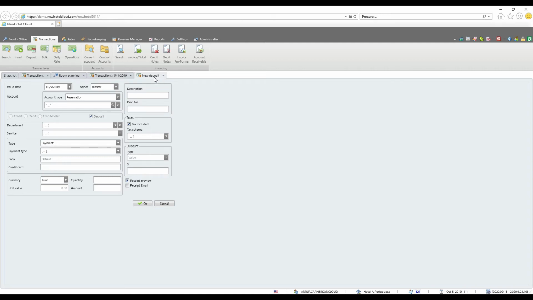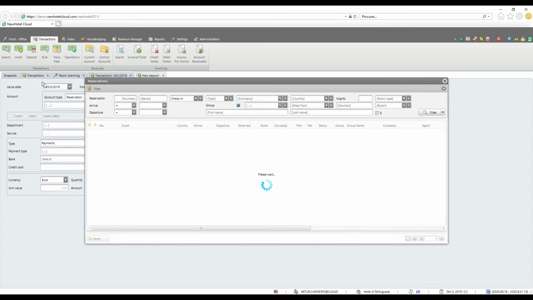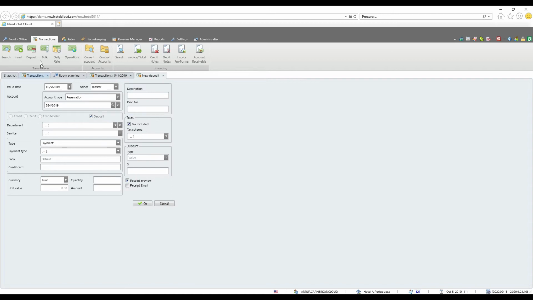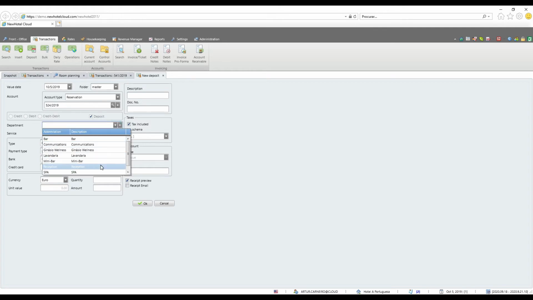In this example, I will post a deposit through this option, and for that I need to choose the value date, choose the folder, choose the account type. I will go with reservation. I will choose the reservation, this one. Because I chose here, these options are locked and the system already knows that it is a deposit. I just need to give